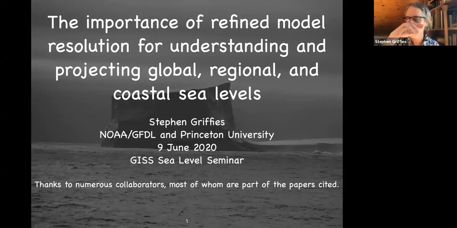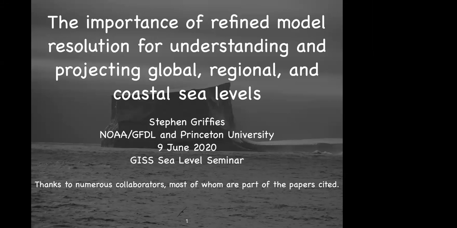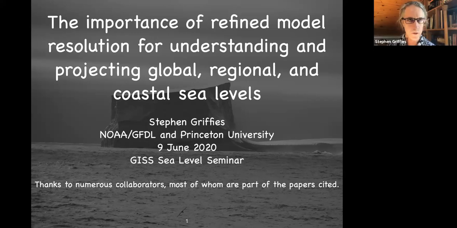The theme of my presentation is the importance of refined resolution near the coast in global models. We're moving into a world in which climate models are starting to resolve processes. We were talking before the seminar, Craig and I, and a lot of the models are actually moving to the point where we're starting to resolve much better the coast at the quarter degree or even higher resolution